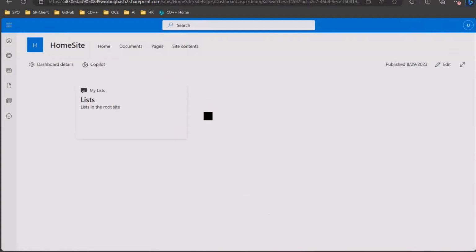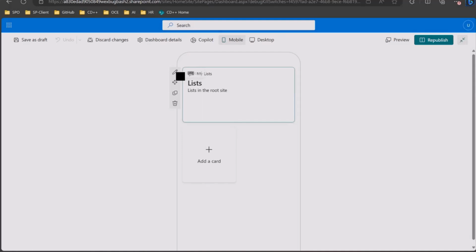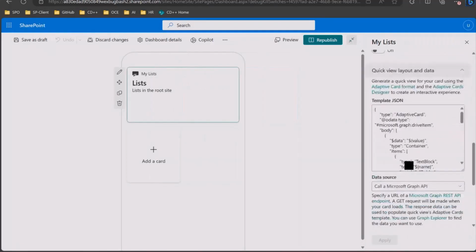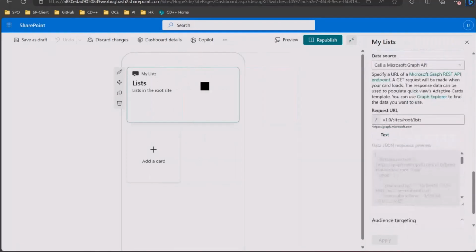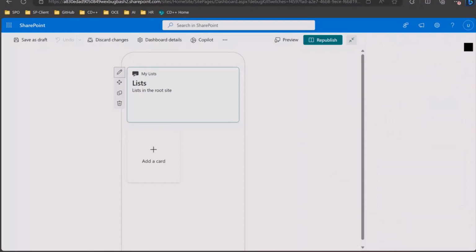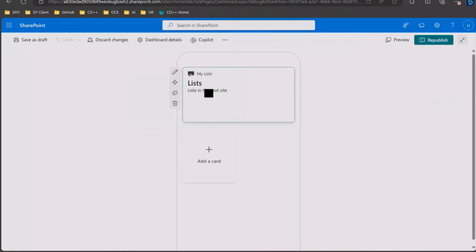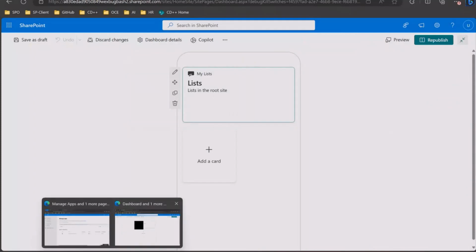I'm not going to give away too much of the roadmap here, but there is a lot of stuff we're looking at in terms of making this experience a little bit better, bringing in some of the features from the Adaptive Card Designer and the Graph API, just so you're not necessarily jumping between a bunch of different tabs. So now we have created this card, and if I flip over and take a look